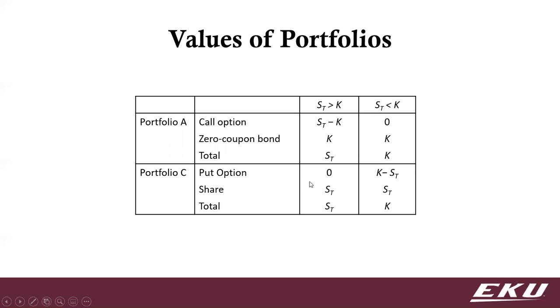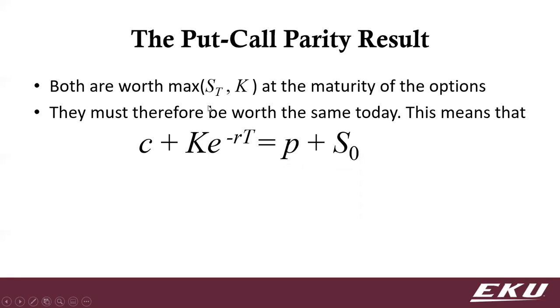Now, what about the put? Well, if S sub T is less than K, then you get K minus S sub T. If S sub T is higher than K, then you just don't exercise, so it's just 0. You don't have to exercise it. And for the stock, you own a share, so you're going to have whatever S sub T is. If you add those up, you notice that again, you get S sub T if it's greater than K, or you get K if K is greater than S sub T. And since they're both going to be worth that same amount,